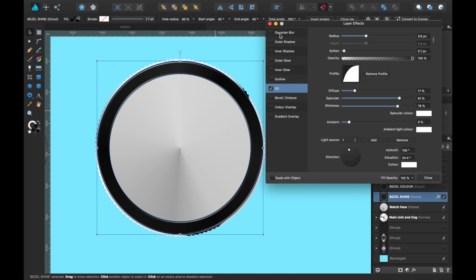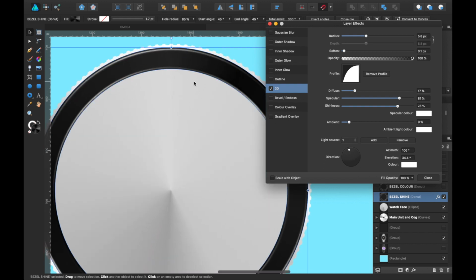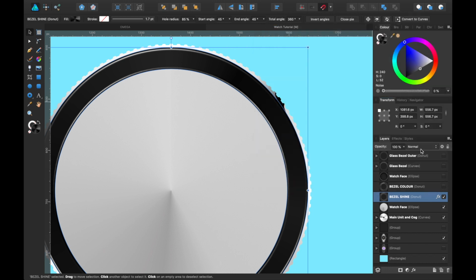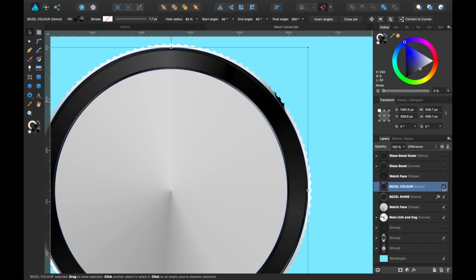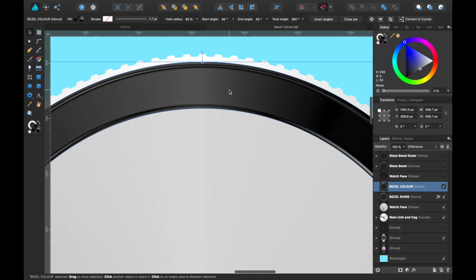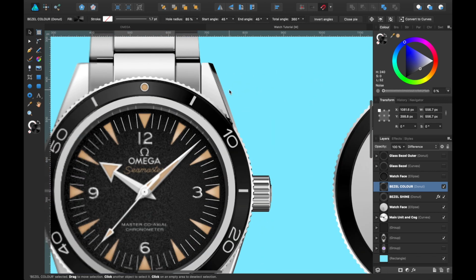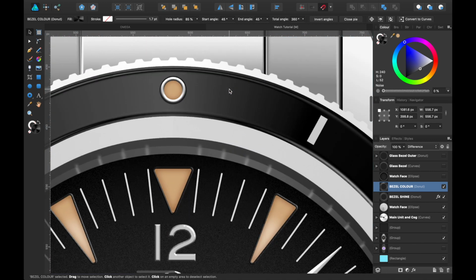Also, what I wanted to add is that you don't have to just leave it at that. If you wanted to add a slightly more of a shine to it or something, you can create another donut here. I've created exactly the same shape again, and if I press on it now, you can see that it's slightly changed. It looks very different. That's how I made it here.